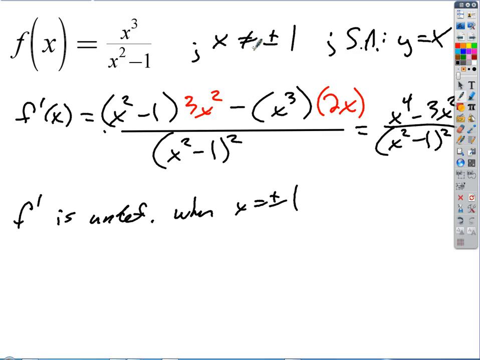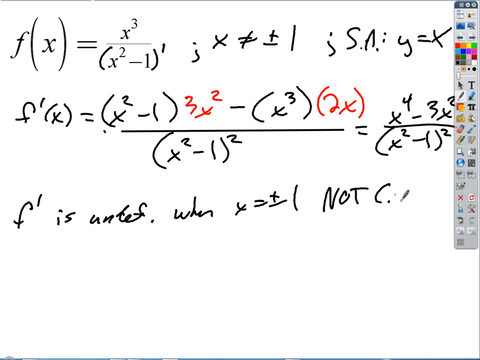Those are vertical asymptotes, right? And so vertical asymptotes supersede critical numbers. You can't have a critical number where the function doesn't even exist, right? And what the derivative has really done, one way of describing this is, if I started off with an x squared minus 1 to the 1, by the quotient rule, we can already see that the base, x squared minus 1, we're going to inherit in each successive derivative, aren't we? We're going to just get that same base in the bottom to increasing powers. And so we inherit all that asymptotic behavior from that first derivative. It just keeps going. So those are not critical numbers though, right?